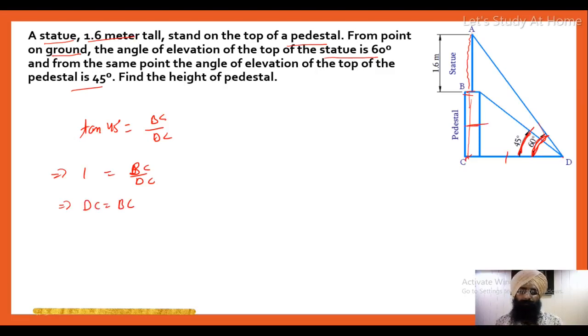Okay ji. Now next is tan 60 degree. Tan 60 degree is equal to the total height, means for tan 60 we have to use the total height. Your perpendicular always starts from the base. This height AC over DC, because this is our base. So tan 60 is equal to under root 3, AC over DC, so DC will multiply this side.